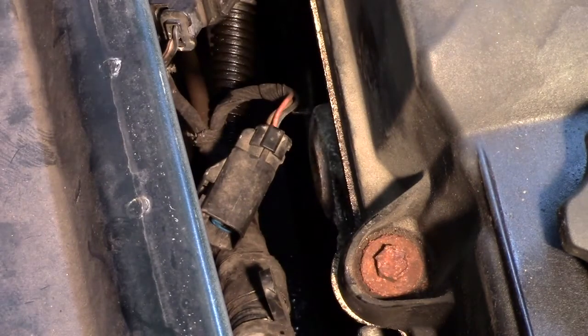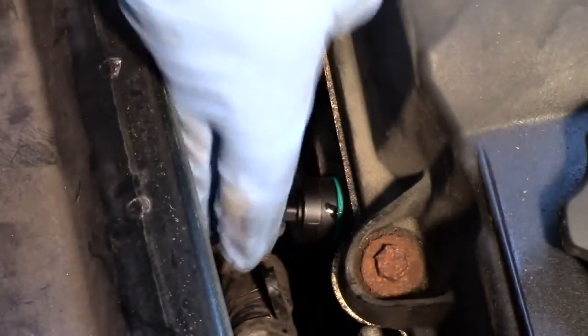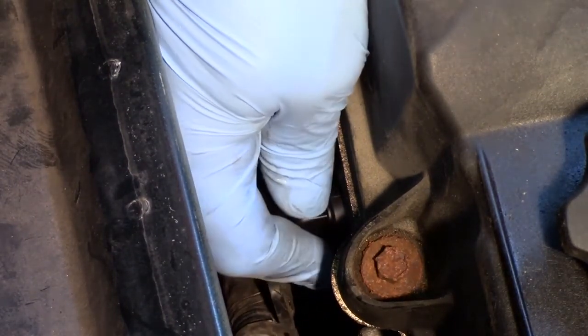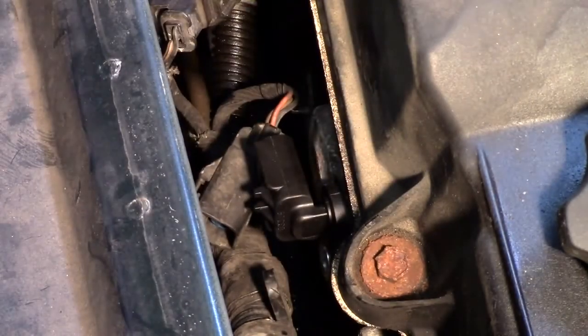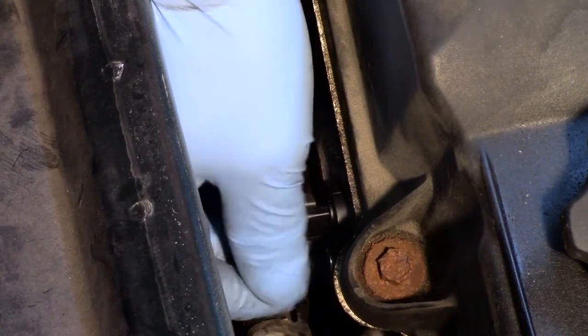So I'll take some of the oil off the old sensor, lubricate the O-rings on my new one, and try and get it lined up straight here. And then I will twist and work it into place. Okay, so once I've got the sensor installed here, I need to line it up, and I'm going to take the bolt